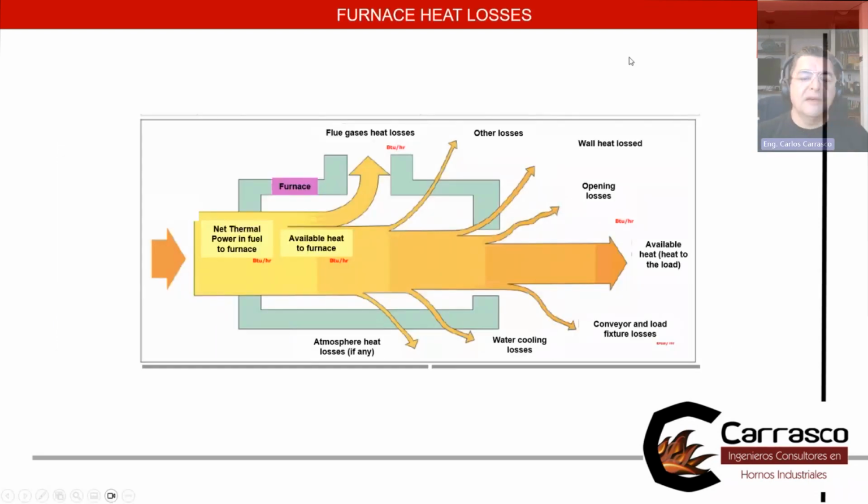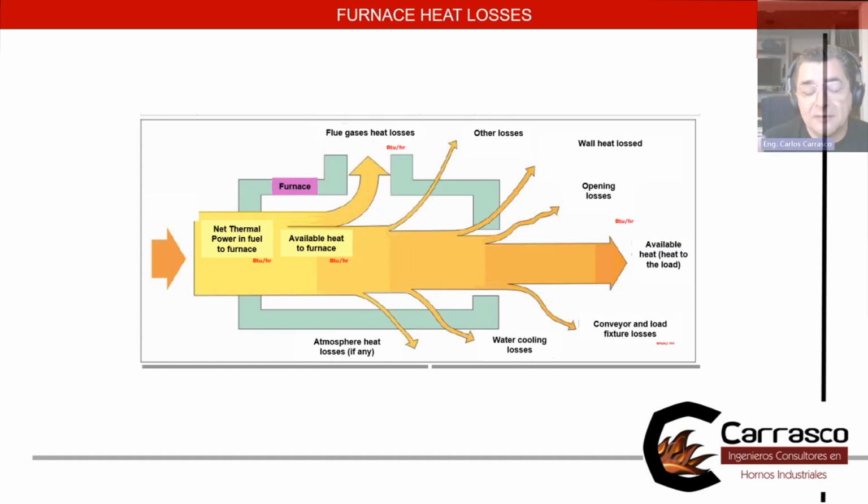So in the furnaces, you always have to calculate the heat losses. You know, there is a net power that I have to deliver to the furnace. So when we make the heat balance, we work backwards in our calculation. So I need to calculate how much heat I have to deliver to produce a certain amount of mass or